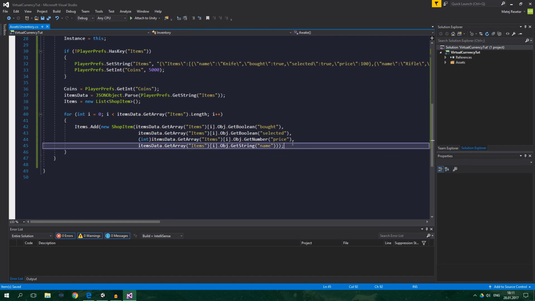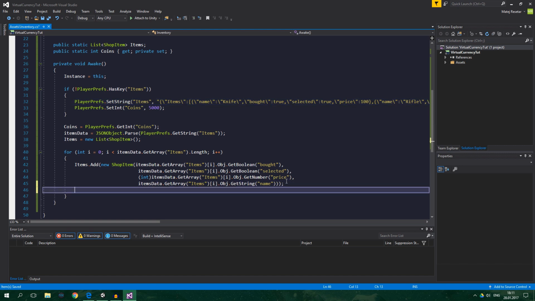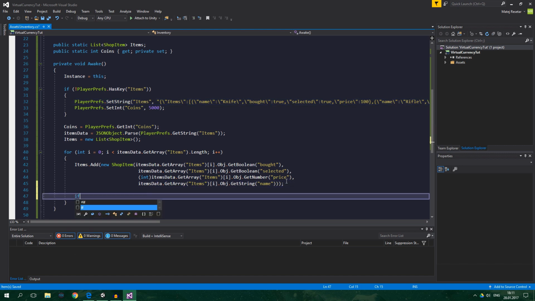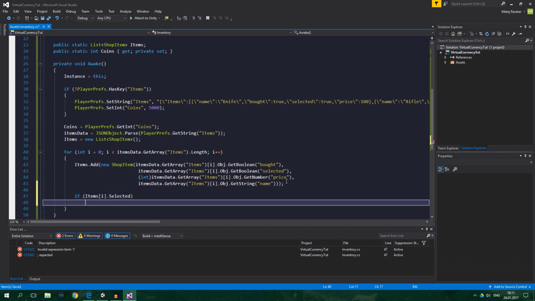And then after we add this particular object to the list of items, we also want to check if the item that was currently added, so if items on the index of I is selected, and if it is selected, then we want to do,